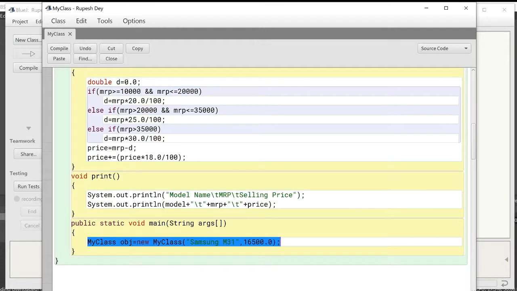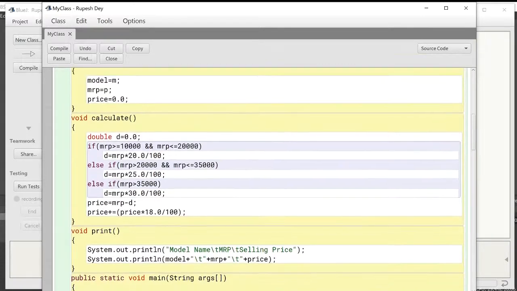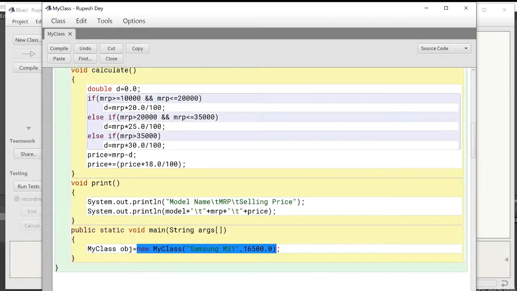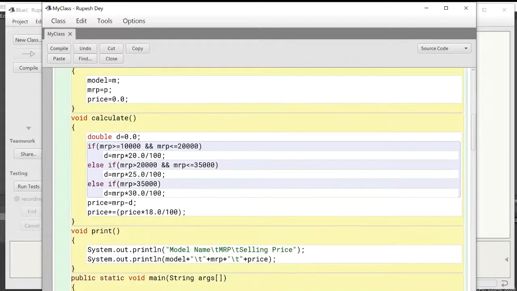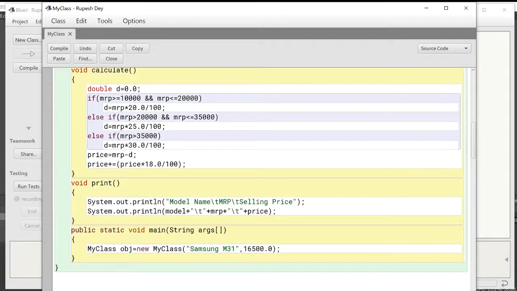Now when this statement will execute, first this new constructor will create object, and in that object the model MRP, these two variable will be initialized by this parametric value Samsung M31 and 16,500, and price variable will be initialized by 0.0, and this statement will return the reference of that object, which will be stored in this obj variable. Now after that, this obj variable will act as a pointer to point the object.